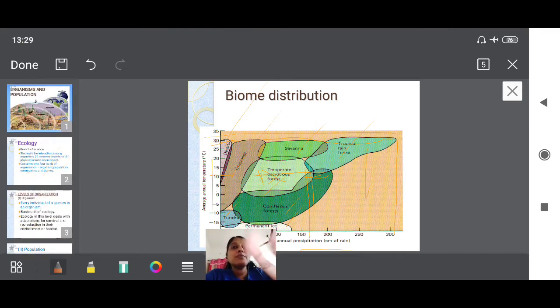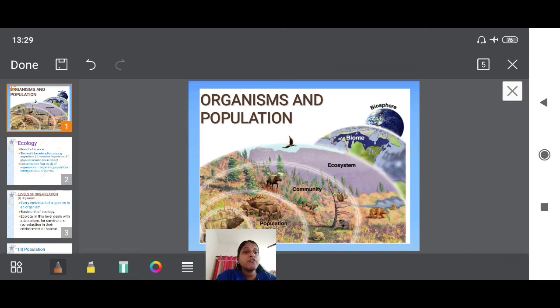Now just to sum up, you see this diagram, it will be very informative. In the first one, you can find only one animal is present. This one animal which is present, we call it an organism. Now when you are saying a group of organisms, what do we call it? We call it population. When you can find different populations, different animals, inhabiting one particular area, then they are forming a community.